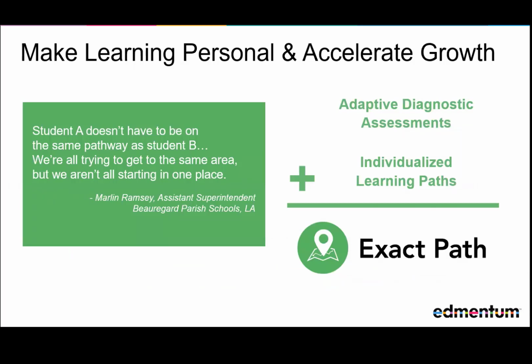So it's a real simple equation. Assessment data plus individualized learning path and that targeted intervention equates to student accelerated academic growth. Over here, this assistant superintendent in Louisiana couldn't have said it any better. Student A doesn't have to be at the same pathway as student B. We're all trying to get to the same area, but we aren't all starting in one place. And we as teachers know that. We know all of our students are all over the board. But with Exact Path, teachers do not have to create individualized assignments, and they can easily assess and teach with the